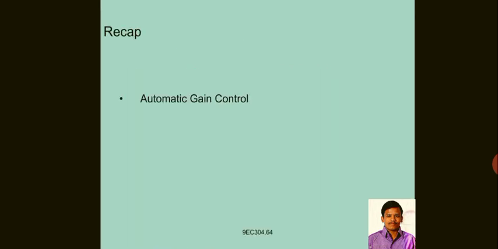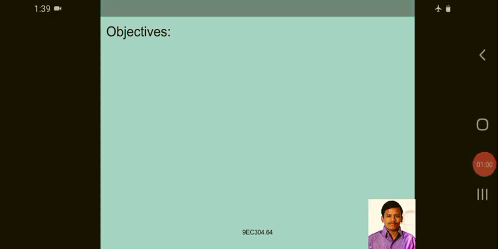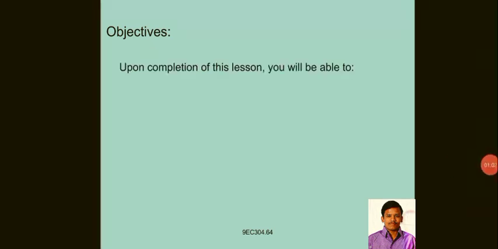Just we'll quickly recap what we told in the last session. We told about automatic gain control, and similarly we have seen what is the need for AVC or AGC and what is the circuit diagram of AVC. That thing we have seen. And similarly at the last 5 to 10 minutes we have seen what is AM demodulation and what is the circuit for AM demodulation for ideal case, that is theoretical case. Just briefly for 5 minutes we'll discuss the topic, then we'll go for the practical AM demodulator.